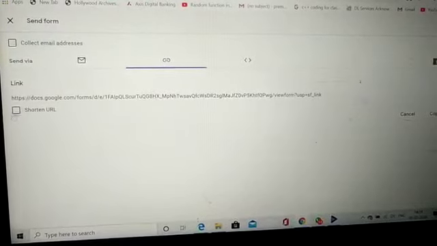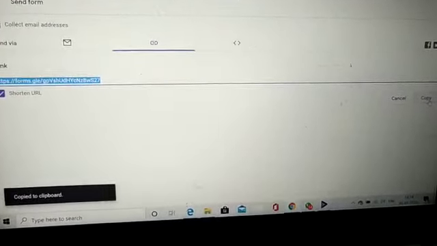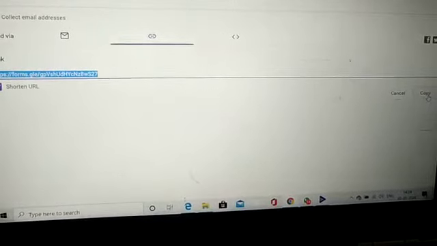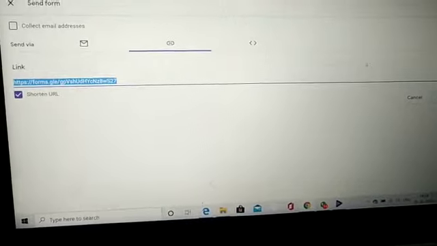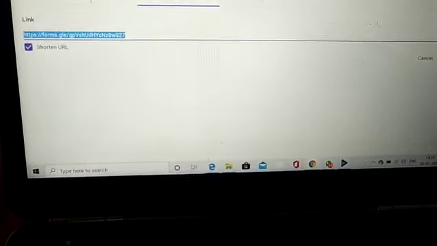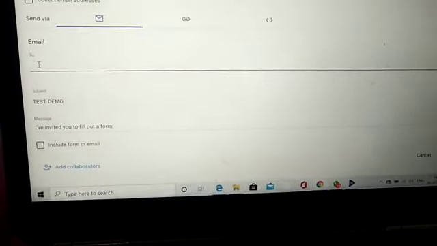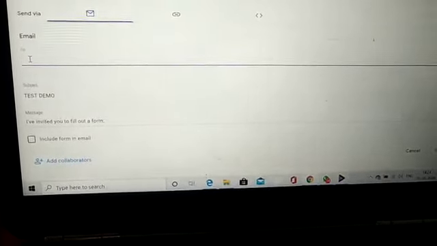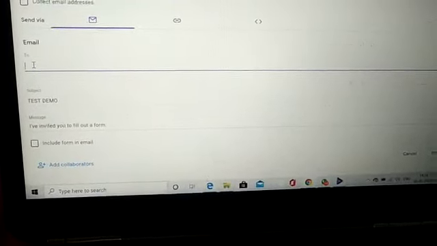You can shorten the URL, copy it, either through your WhatsApp, you can copy and paste, or through email you can send it. Write the email, or just simply copy the link which you have already copied. You can share it through your WhatsApp.